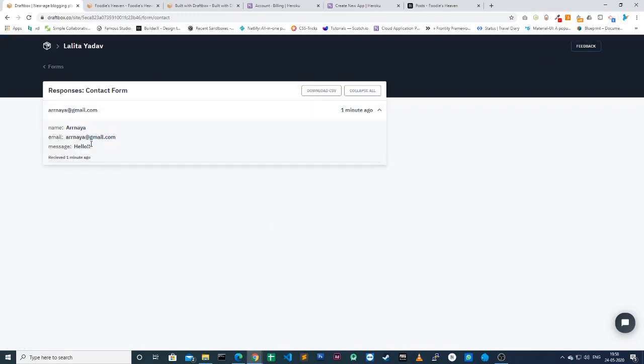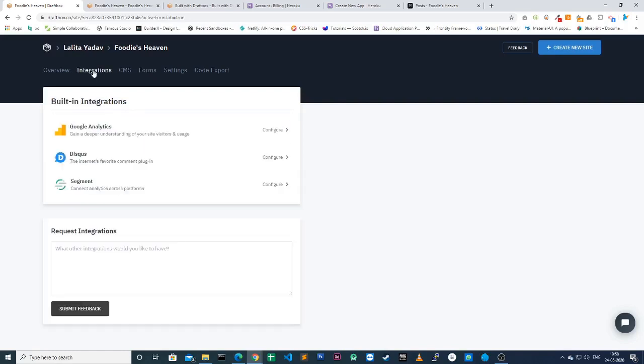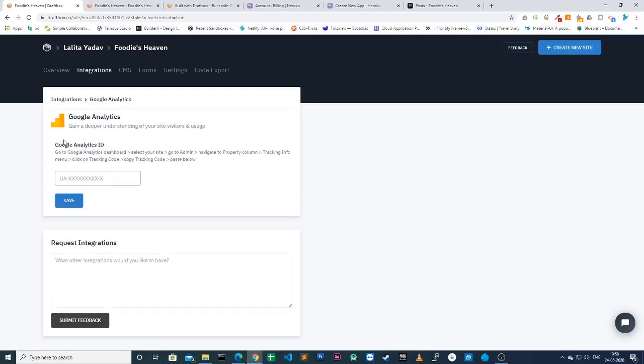Beautiful. Let us go through some more settings of this Draftbox dashboard. If you go to the integrations part, you can integrate your Google Analytics code to analyze the traffic on your blog. Just click on it, provide your UAID and click on save, and it rebuilds your site and your Google Analytics code is integrated into your blog. Go back to integrations